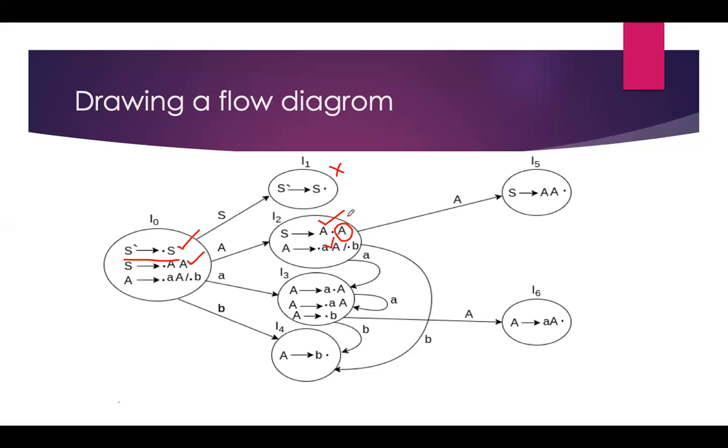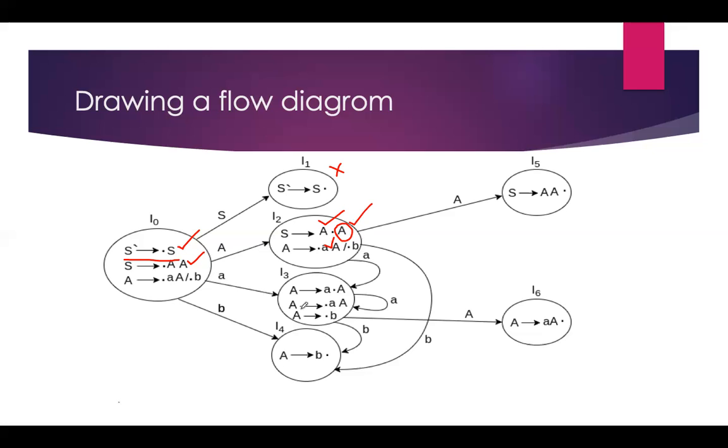In the I2 state, there is a third rule, that is dot B. After that the dot will move to after B. So here we get the same production rule as in I4. So here B is moving to I4, the same rule. The new state is not necessary. Here this is also completed, there is no chance for expansion. So from I1 and I2 expansion, we got one new state, and the rest are the same states I3 and I4.